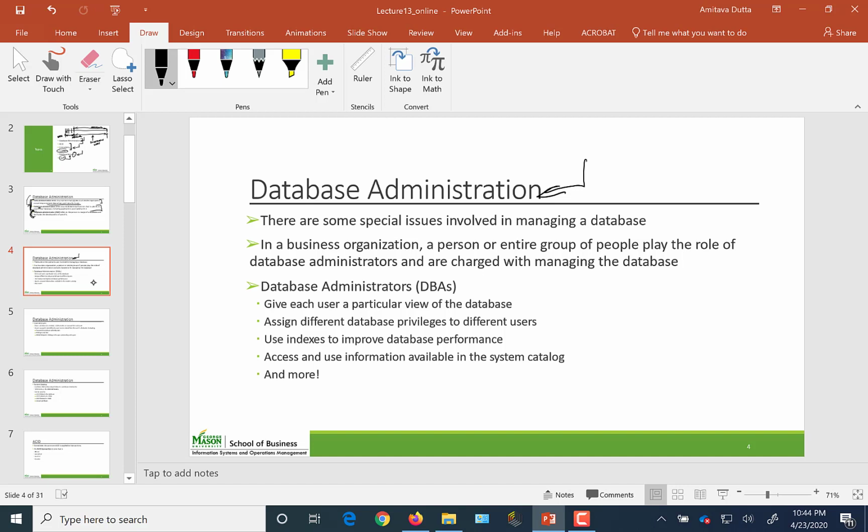Here are some of the activities that a database administrator has to do. Some of these terms may not be familiar to you, may not make much sense to you, but let me try and explain them in brief. So I'll start with the second one,